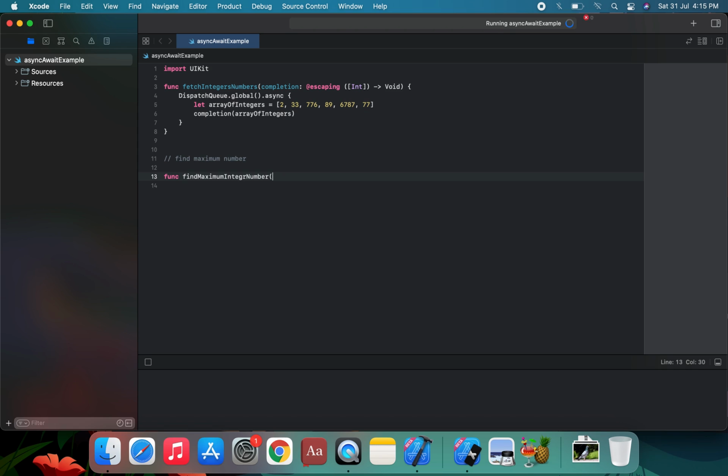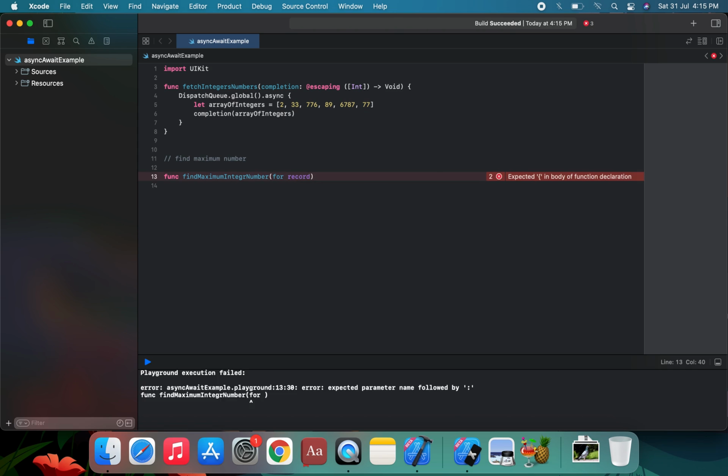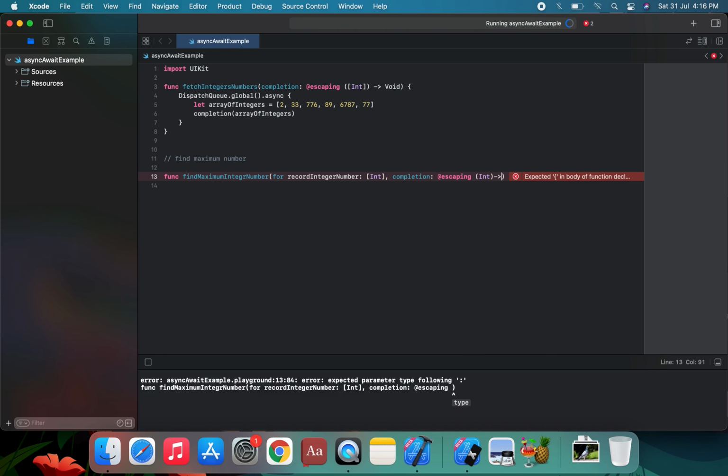In this function we use a label for the record integer number parameter, which is an array of integers, the achievement of the previous function. We pass a closure completion of type integer, which is escaping, with a Void return type, and we create the braces of this function.